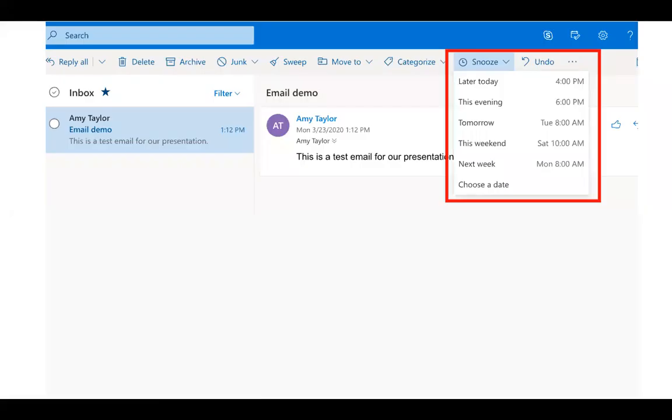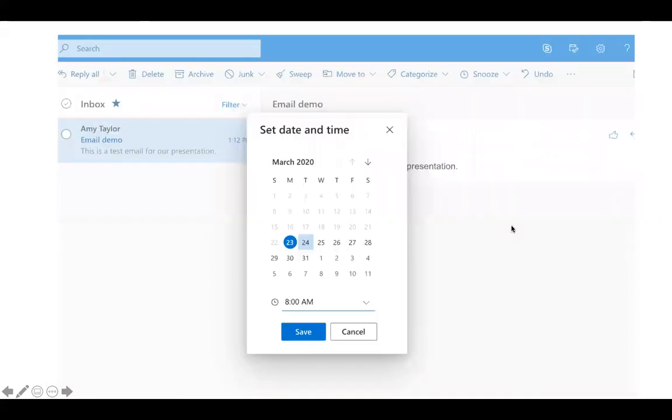So this is how Snooze works. You're in an email, you click Snooze here, you can pick later today, this evening, tomorrow, this weekend, next week, or you can choose a date. And when you choose a date, it's going to give you this little calendar, and you can pick both the day and the time. So this is a really great thing that Snooze can do for you. So all of these features, the rules, the folders, and the snoozing, even if you don't go all in on Xero Inbox, you can use these in combinations to kind of tame your email inbox and make it a little bit easier, give you a little bit more peace of mind.